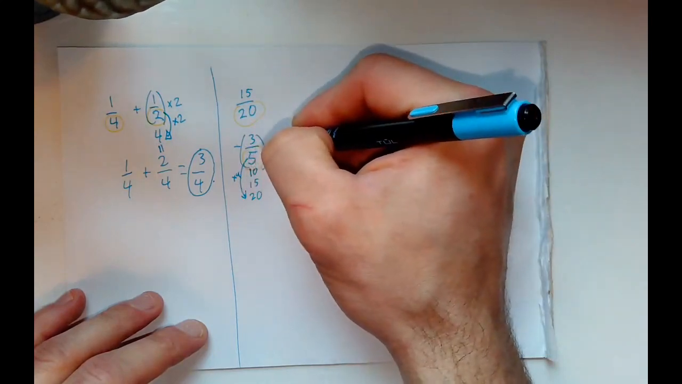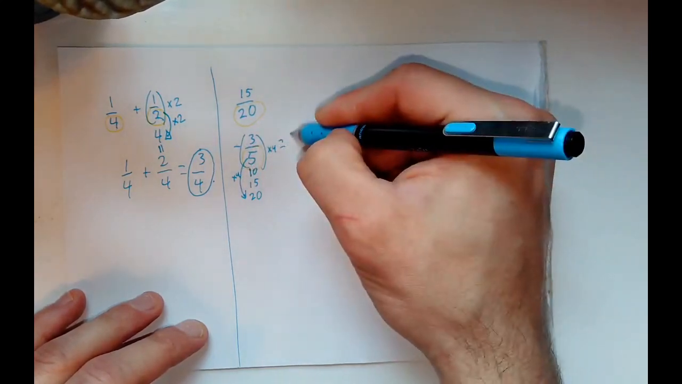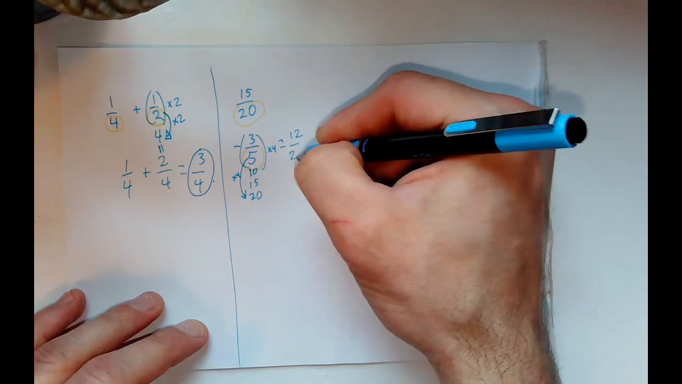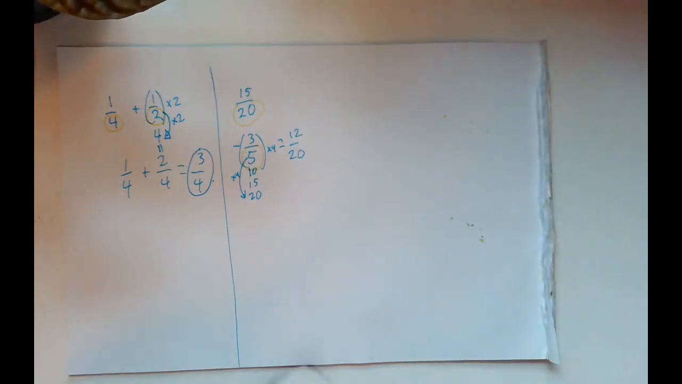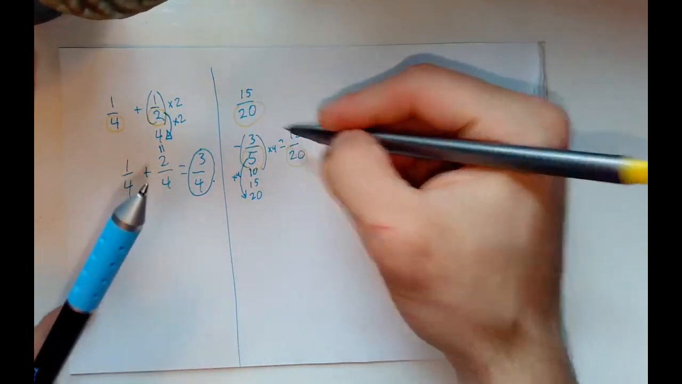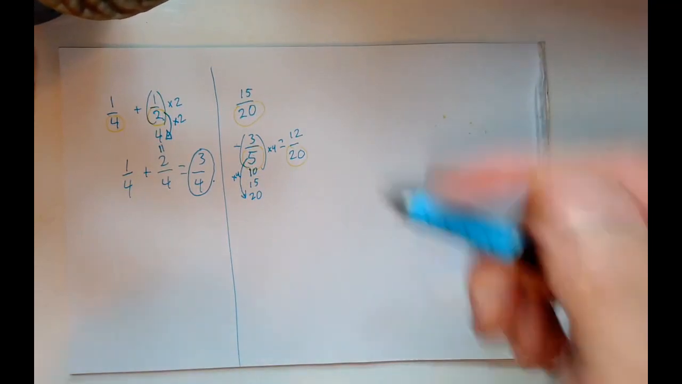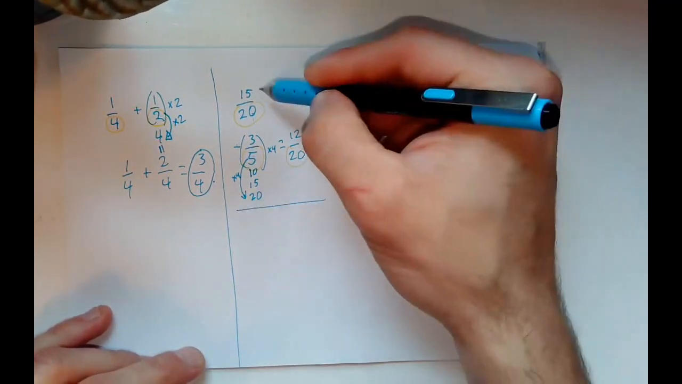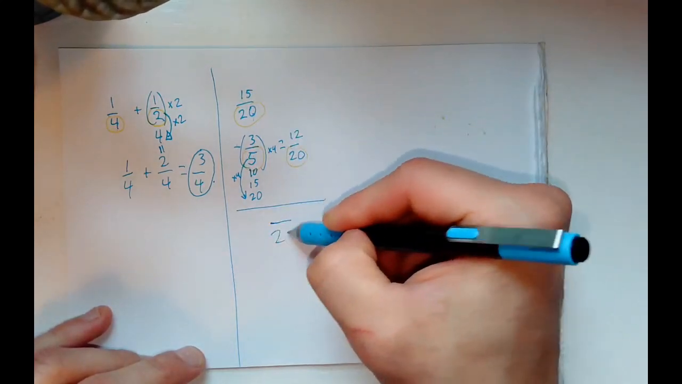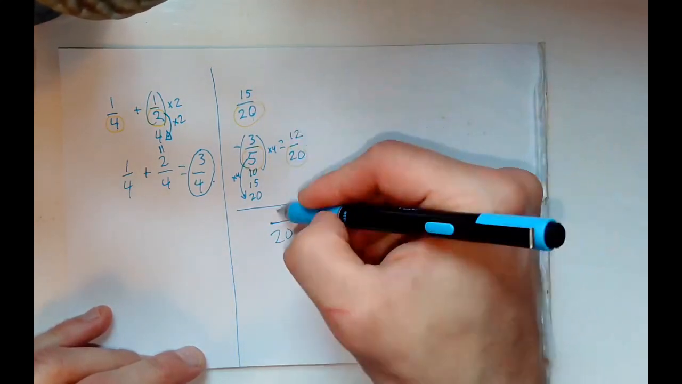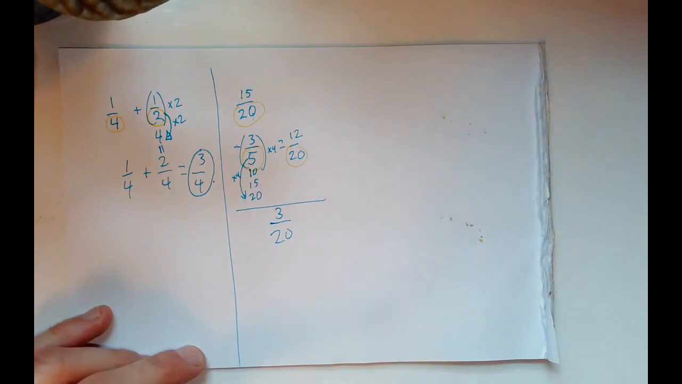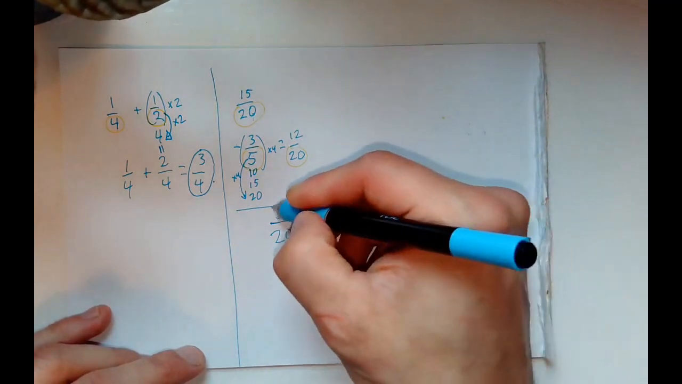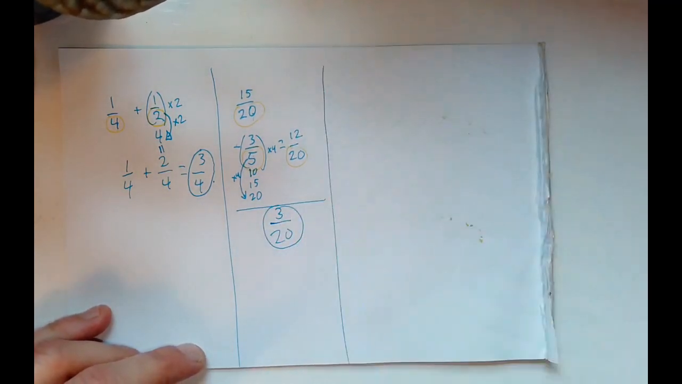3/5 times 4, 3 times 4 is 12, 5 times 4 is 20. Notice this denominator is already 20, it doesn't need to change. So now we have 15/20 minus 12/20. Well, we're going to keep that unit of 20. 15 minus 12 is 3. There's our answer, 3/20. Next example,